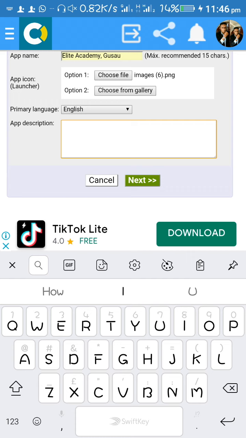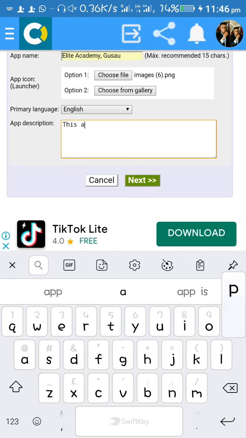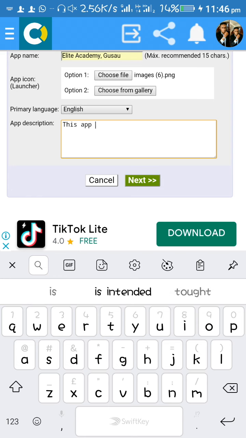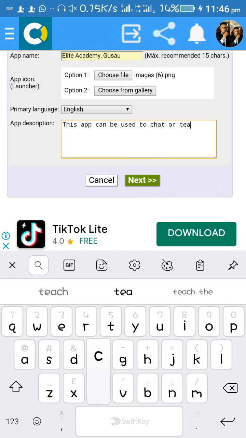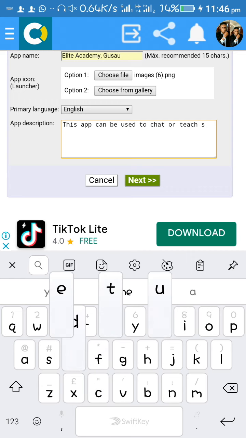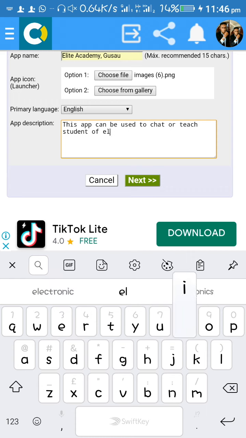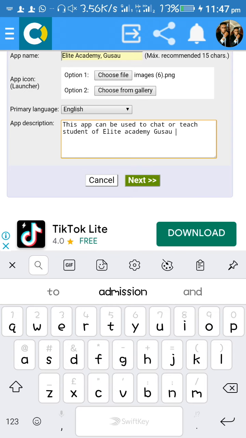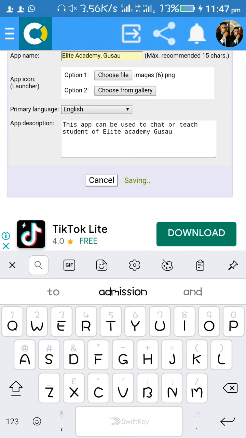I'll just say this app can be used to chat or teach students of Elite Academy. Now I've described the app. Then I'll click on next.